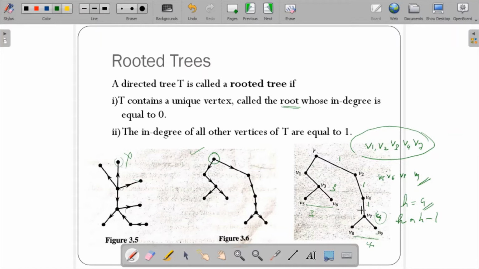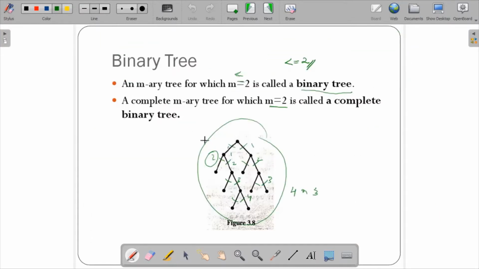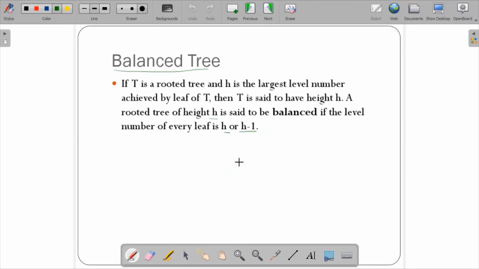So these branches satisfy that condition, so it is a balanced tree. Whereas over here you have max height 4, but your leaf nodes' heights are 2, 3, 4, 2, 3, 4. 2 is not satisfactory, so this is not a balanced tree. So this is regarding the concept of balanced tree.